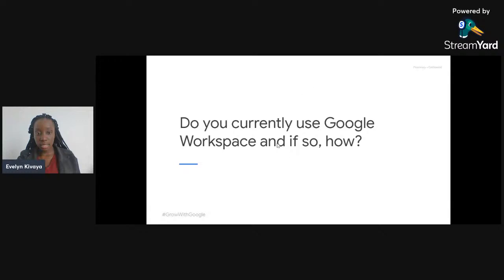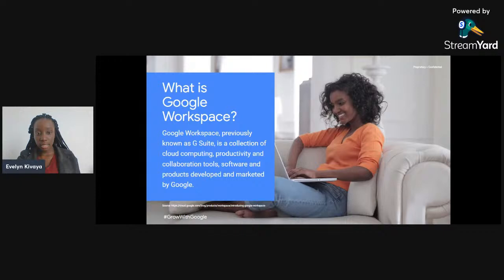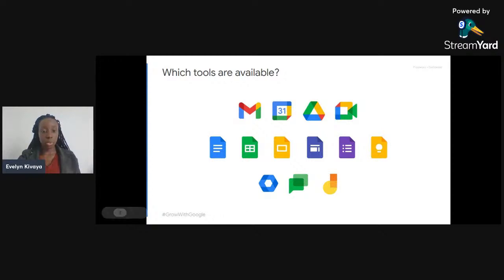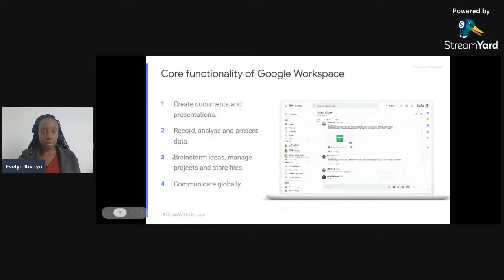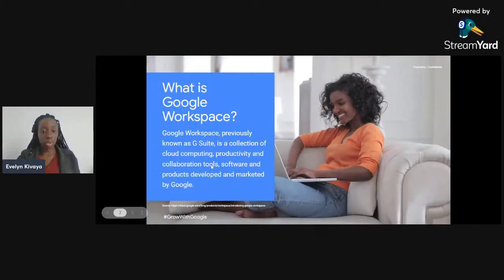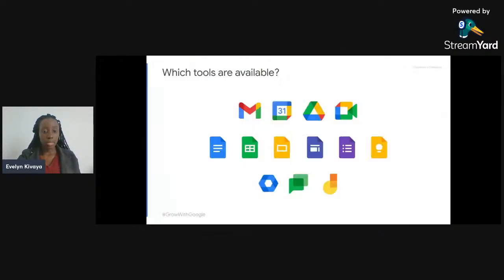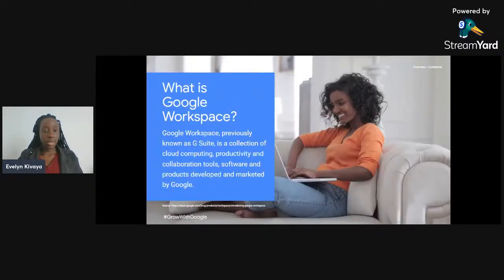As we jump into the next topic, Google Workspace. For example, most of you might be asking yourself what Google Workspace is. So Google Workspace initially used to be called G Suite, but nowadays the name was revamped, and it's an example of a digital workspace.